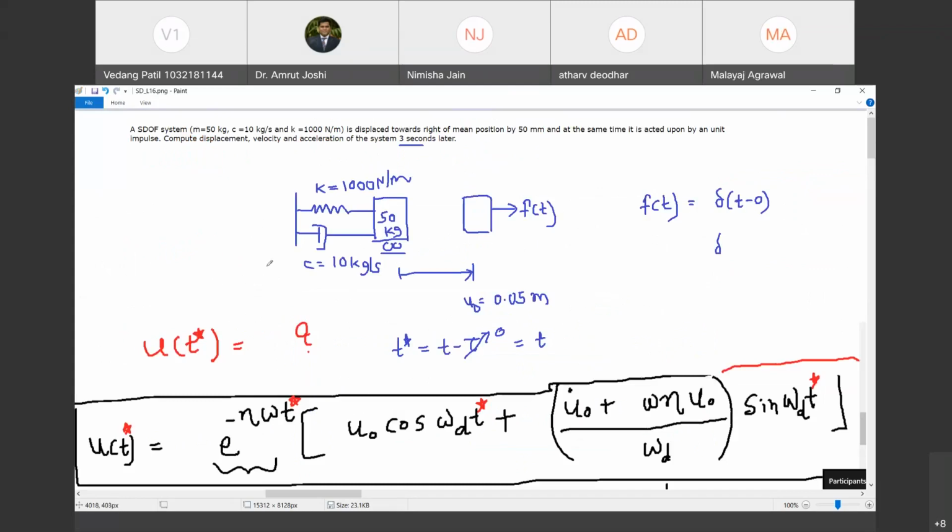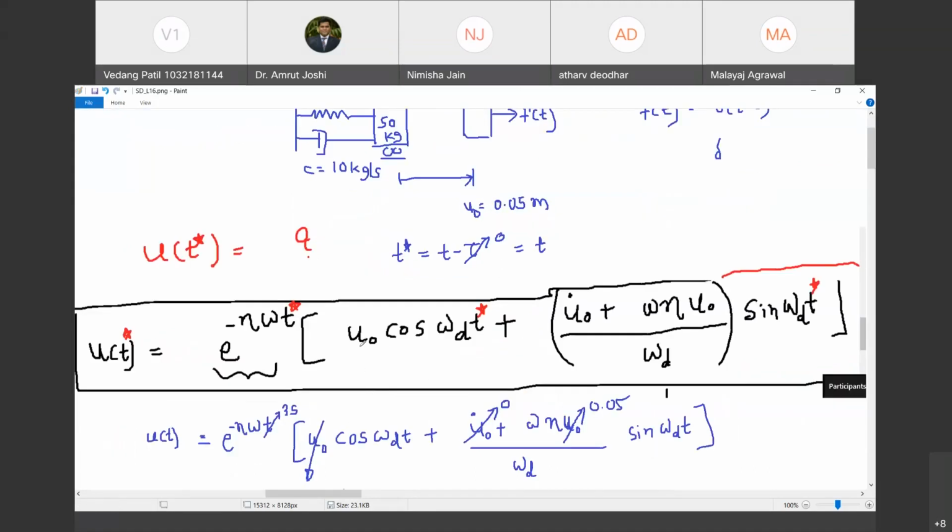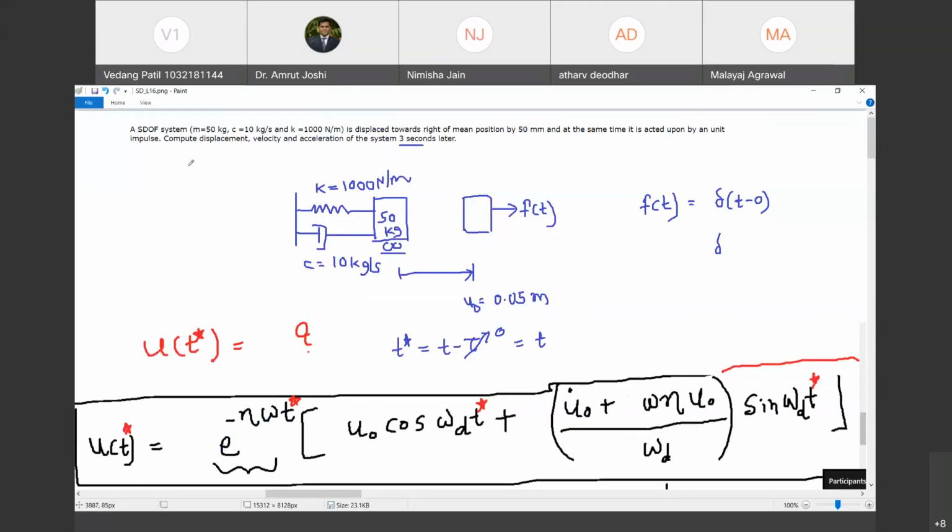Yes. So the only difference here was you had an initial displacement towards right, and then on that you had an impulse. Are you with me? Yes. So you need to respect the boundary conditions. So substitute the correct values of u0 and u0 dot, that was the only catch here. Otherwise everything was normal. Are you with me? Yes. Let us go back to the next question now.